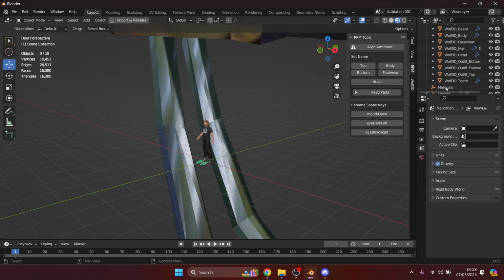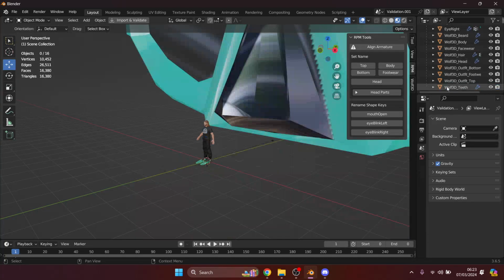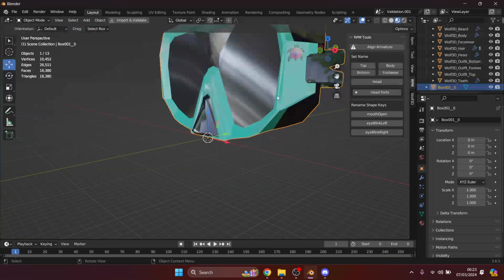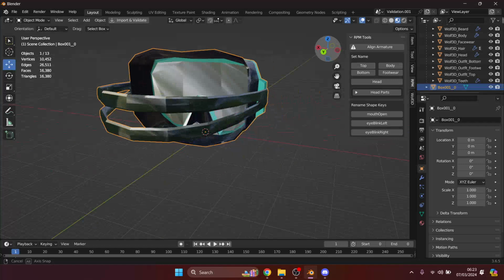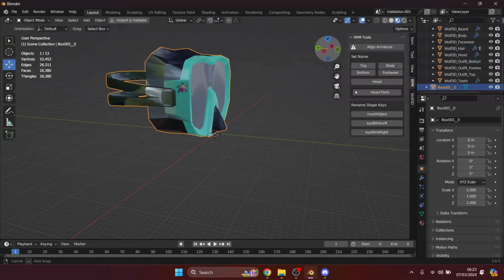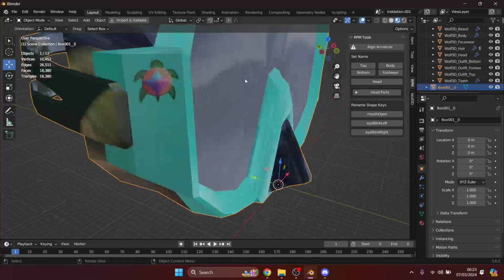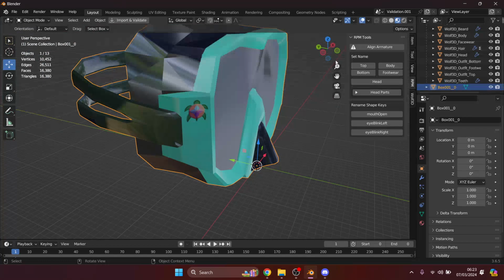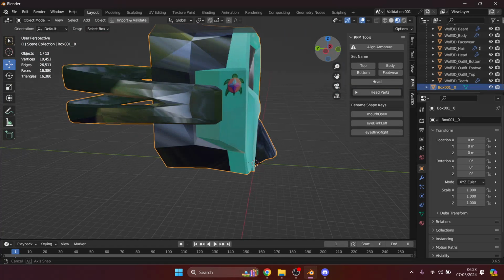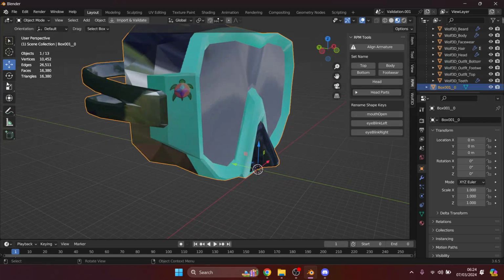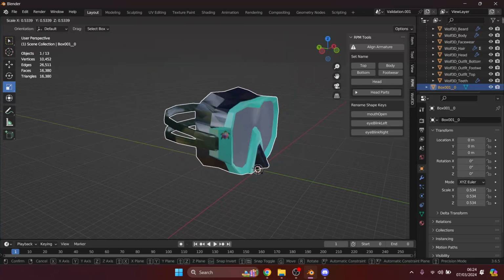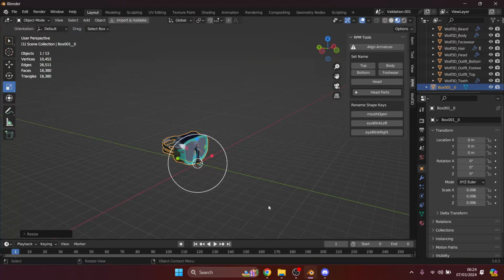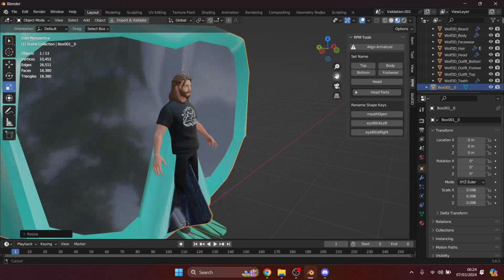Now as I'm here, I'm just going to export as USD, and now we have the goggles. Right now they are very shiny and they're one way. We also have the same logo on the side. It's fine, it's a cool logo. I do appreciate the logo. So I'm not going to have this over my eyes, they're going to be headwear for me. I want to still have my eyes viewable while I have this avatar, when I walk around and play with it. So this is going to be on the head